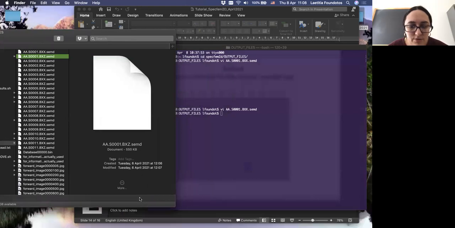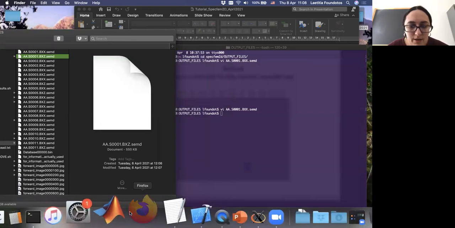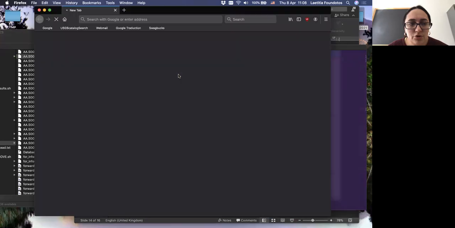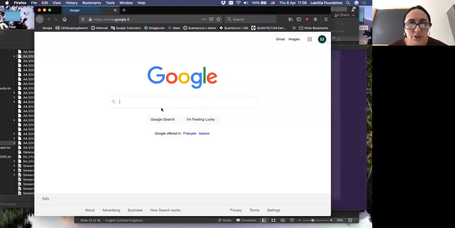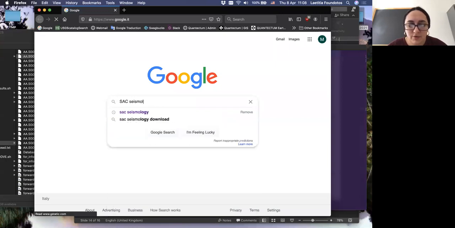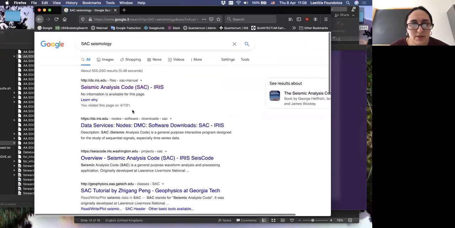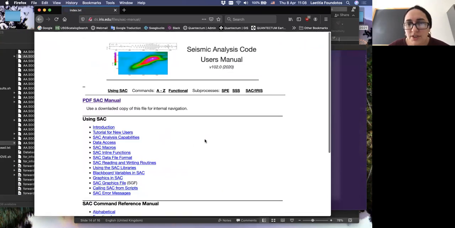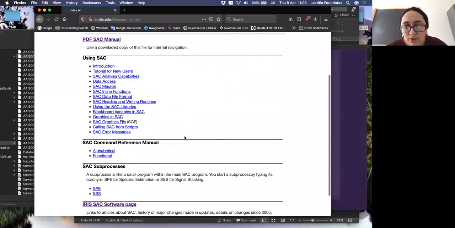Maybe just to begin, I will go on the internet and show you what SAC is. You can add seismology if you are searching for it. SAC means Seismic Analysis Code. This is a code that you can download on your computer.